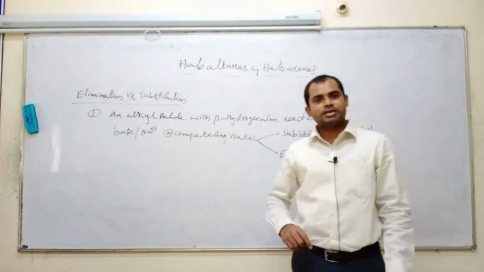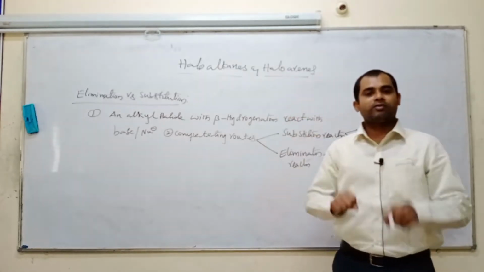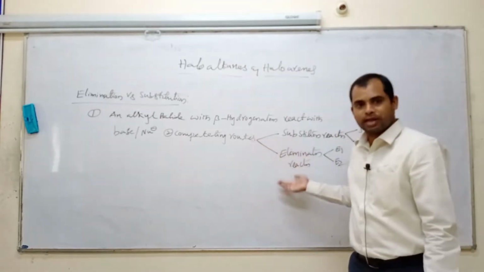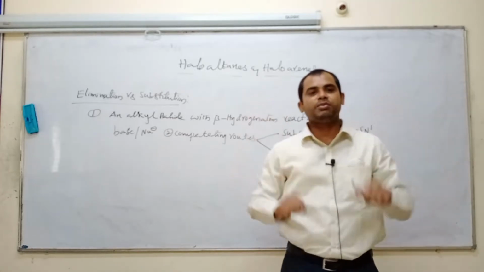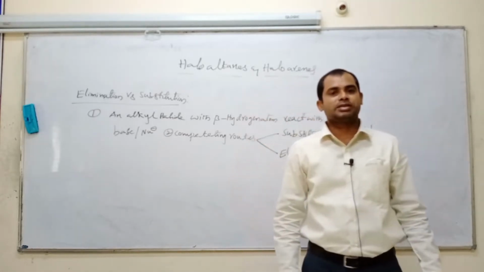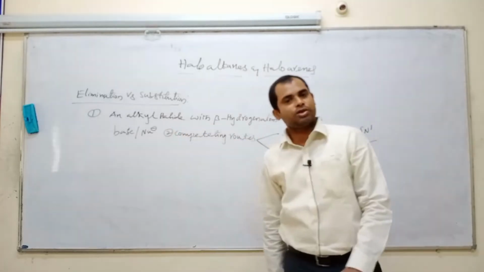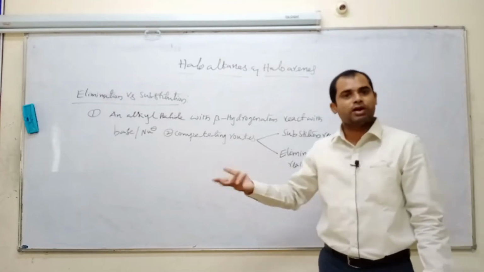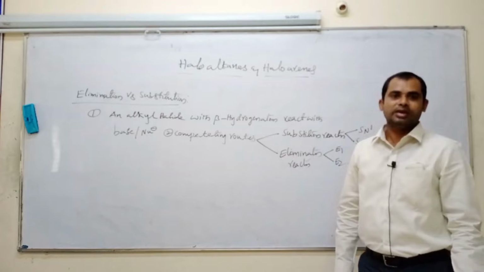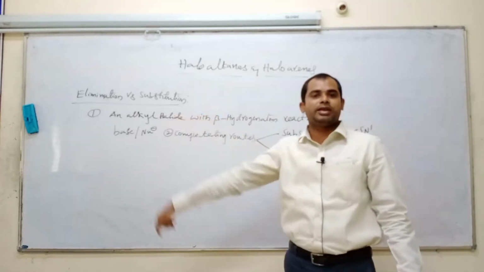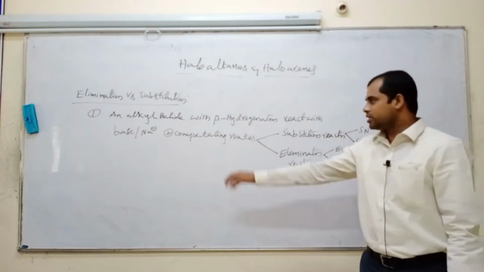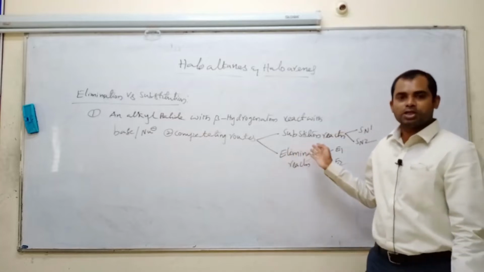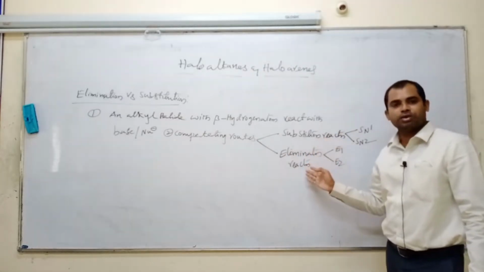That means once an alkyl halide reacts with base, the reaction undergoes either substitution or elimination reactions. So there is a competition between elimination and substitution reactions. Suppose an alkyl halide reacts with base or nucleophile. How can you decide which reaction is favored, substitution or elimination? That's why for an alkyl halide containing beta hydrogen atoms reacting with base or nucleophile, there are two competing routes available: either to undergo substitution or to undergo elimination.